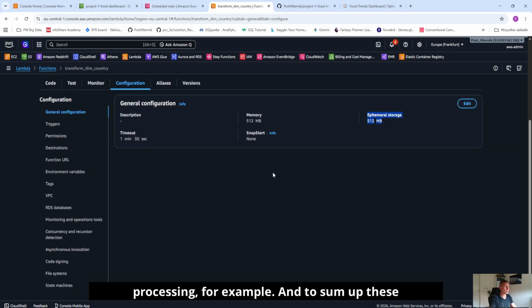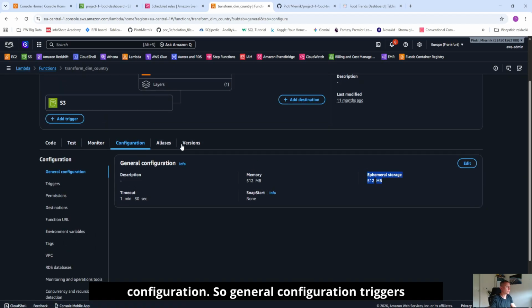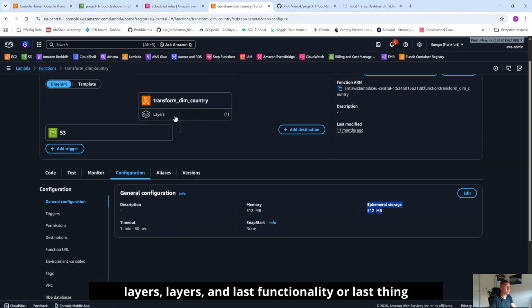And to sum up, these parameters were adjusted depending on the workload size and transformation complexity of each ETL stage, right? And how do you establish these parameters? Well, I did it by experimenting with different parameter configurations. So general configuration, triggers, layers, and